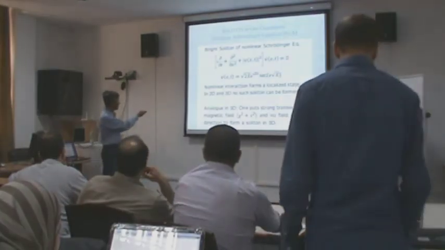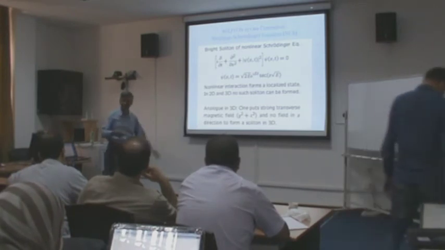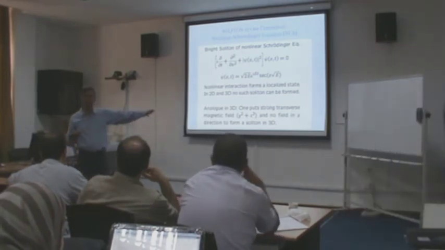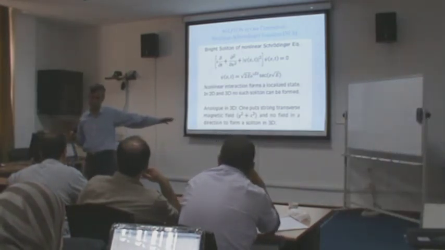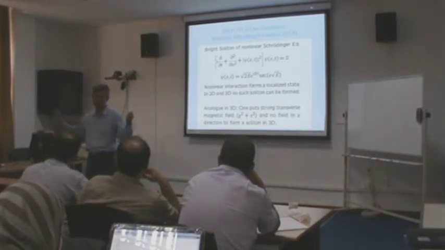So in one dimension, you can have a balance and you can make a soliton like this because of the conservation laws. So it hits at any velocity, it cannot be destroyed, it comes out.